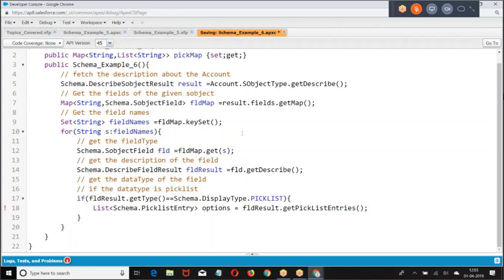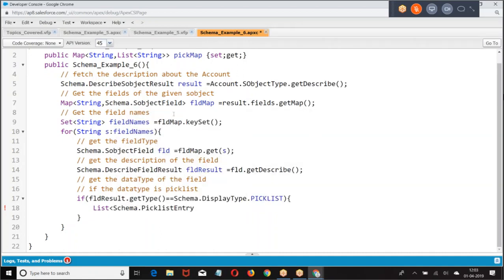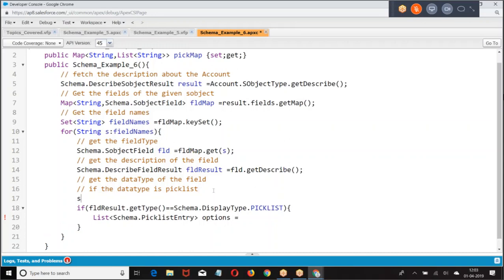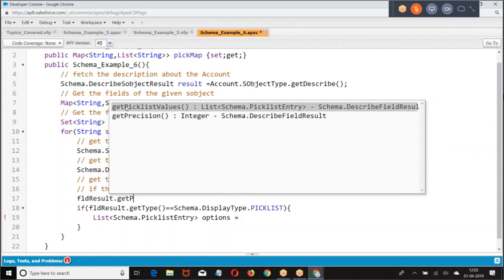Now what I'm doing, pick list entry options equal to get pick list values.